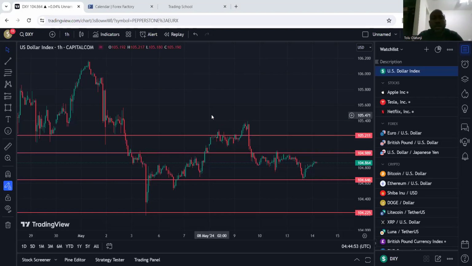Today, we are going to be looking at the price action as usual on the USD index, EURUSD, GBPUSD, and we'll also be looking at gold as well, XAUUSD. But this time, we'll be looking at it from the hourly time frame